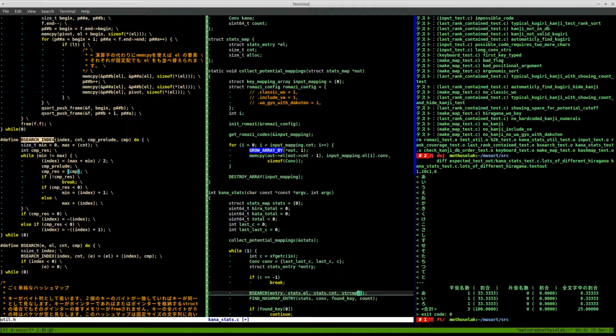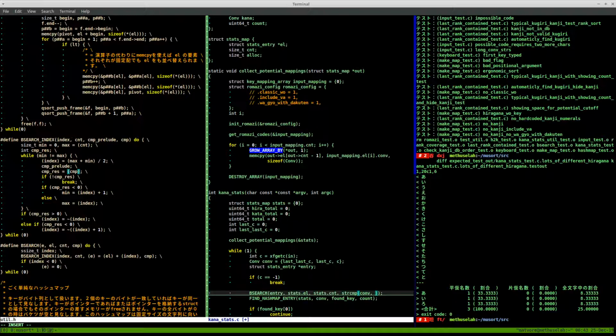So we compare. If it's less than 0, that means we're going to look in the lower part or the upper part of the array. So we put what we're looking for first, because then it's going to be negative. Yeah, we put what we're looking for first, which is conv, and what the current element is